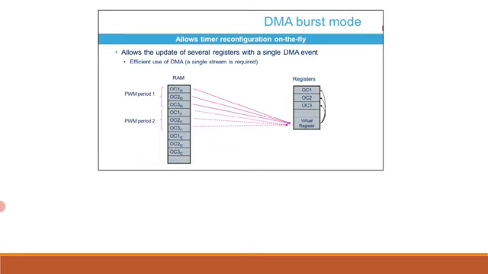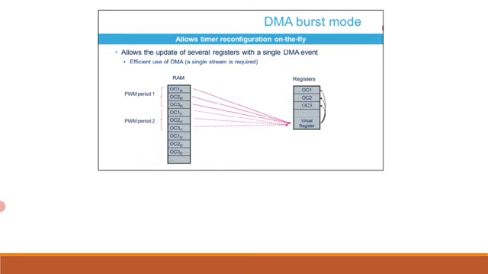The example shows how a table containing 3 compare values can be transferred into the compare registers with a single DMA stream when a new PWM period starts. The DMA must be programmed in memory to peripheral mode, pointing to a unique location in the timer, the virtual register,